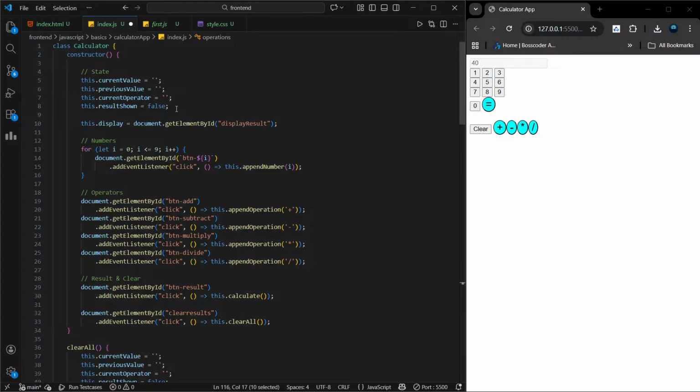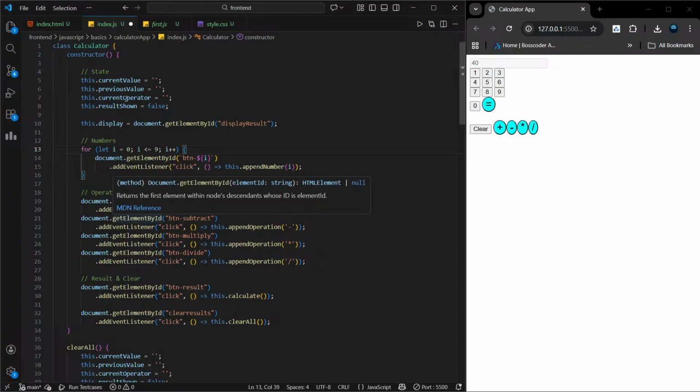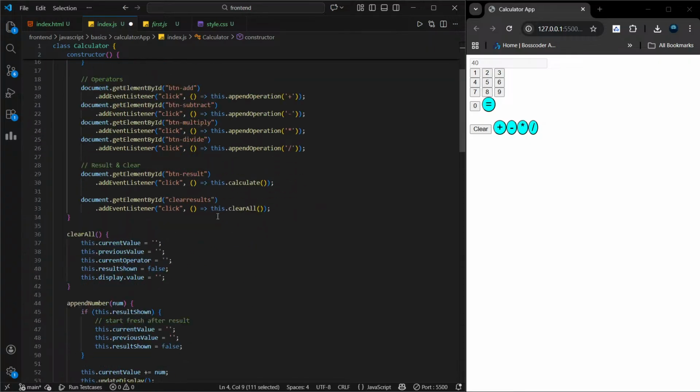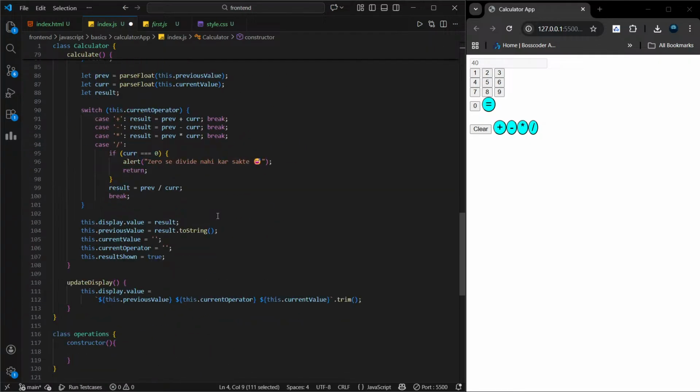तुम ऑपरेशन वाली क्लास में वो चीज़ें रख सकते हो जो असल गणितीय काम करती है, जैसे जोड़ना, घटाना, गुणा, भाग। तुम वहाँ प्रीवियस वैल्यू, करेंट वैल्यू और ऑपरेटर को लेकर रिजल्ट निकालने वाले मेथड्स रखो। इससे कैलकुलेशन साफ रहेगी और बाकी क्लास सिर्फ इनपुट और डिस्प्ले जैसे काम संभालेंगे।